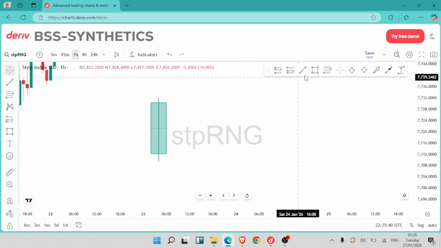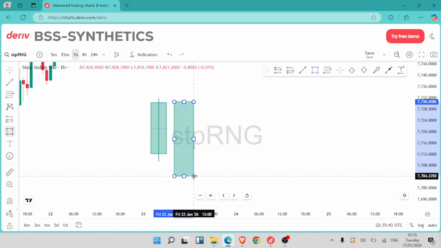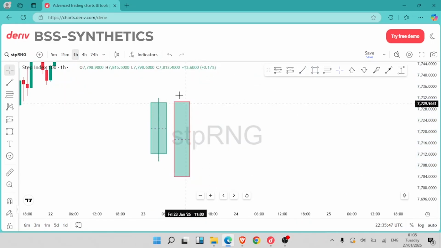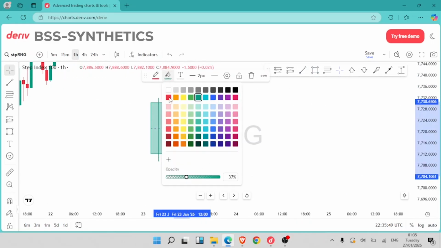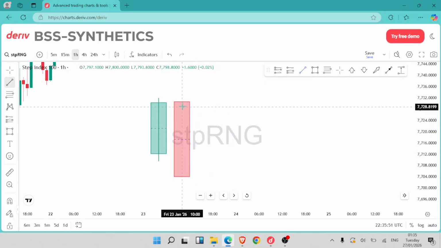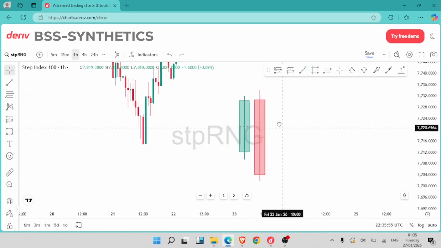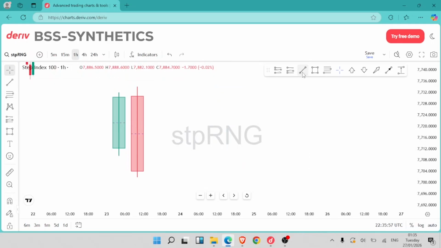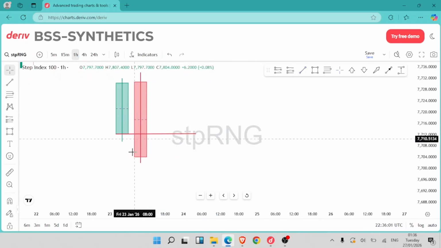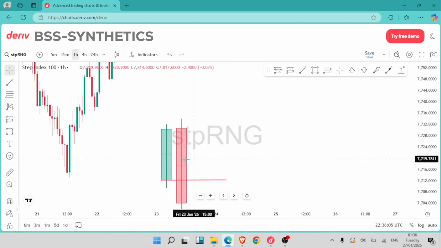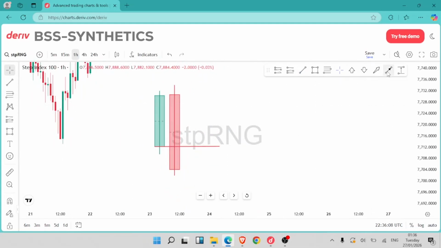You have that bullish candle, and then the next candle, which is now bearish, like that, and you have the current bearish candle closing below the opening price of the previous bullish candle, and that is how you know that price is going to change